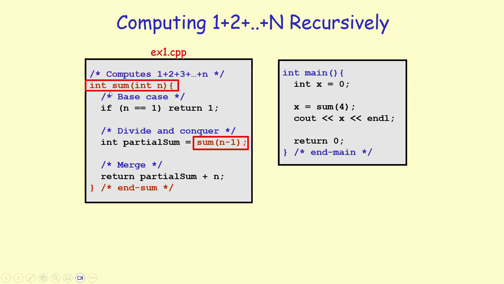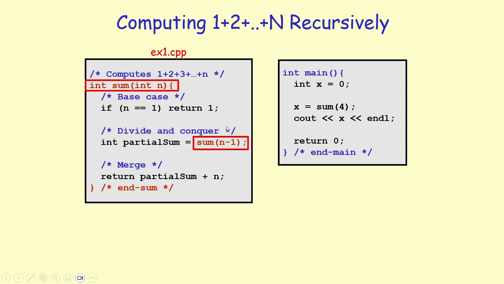At the beginning of our function, we have to write the code for the base case or the stopping condition. The base case for our recursive function is if n is equal to 1, meaning the size of the problem is 1, then the solution is 1. So the sum of the numbers from 1 to 1 is 1. We immediately return the solution without going into the rest of the recursive function. So this is our base case or stopping condition.